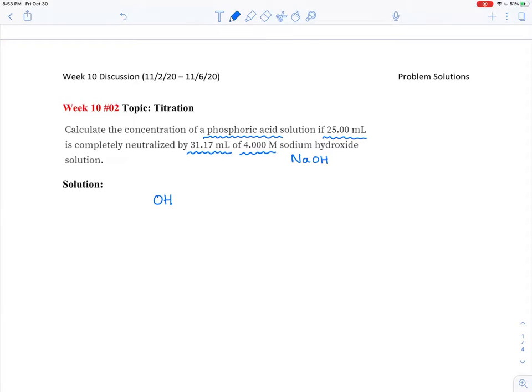The concept here is that OH minus meets an H plus from the acid, and they will be completely consumed until the acid is fully gone. So that's the first piece of information. The second piece of information is when people say